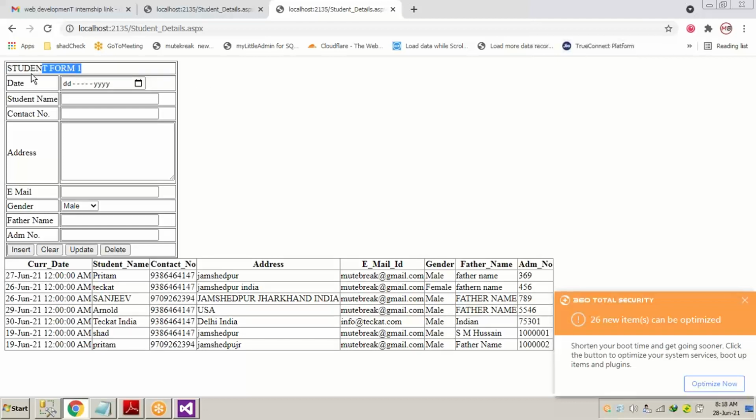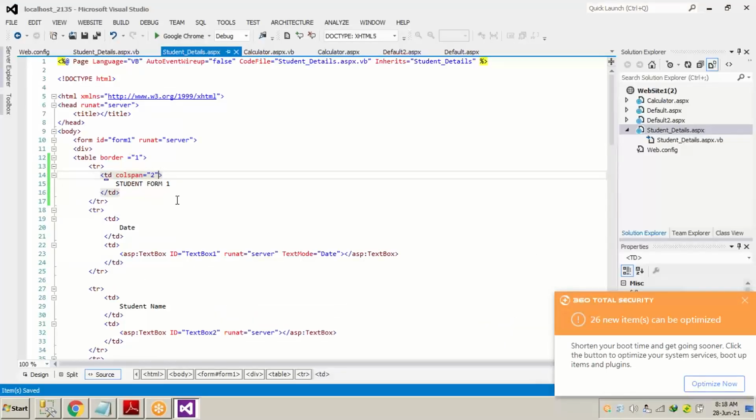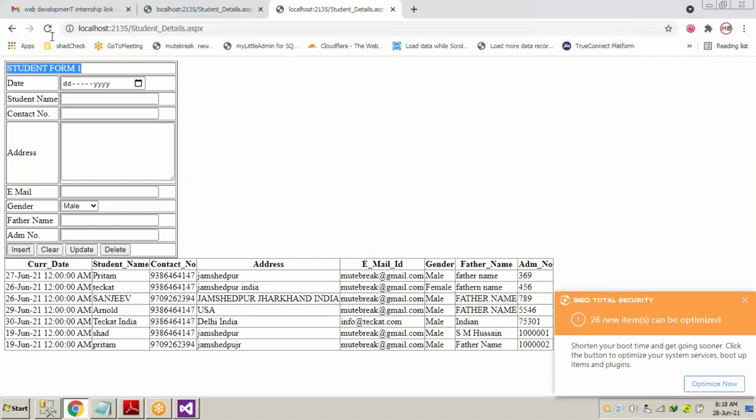Now we have to put this title in the middle of the table. After colspan 2 we write ALIGN equals center. If we press the clear button, it comes to the center. So this is the way to add a header to any of your forms. Now we have added a header to our form.